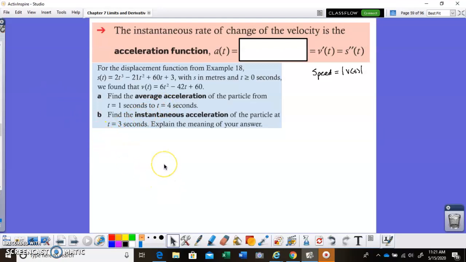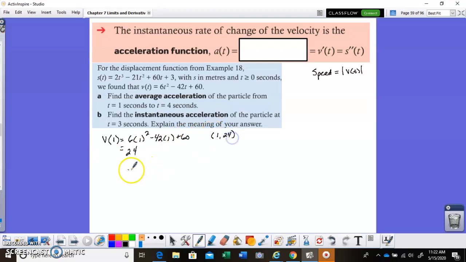So for part A, I have to find out what the velocity is when the time is 1. I'm going to do 6 times 1 squared minus 42 times 1 plus 60, and type that all in my calculator, and I end up getting a velocity when time is 1 of 24. Just as a review, a velocity of 24 would tell me that I'm moving to the right on my motion diagram because it's positive. So one of my points is going to be